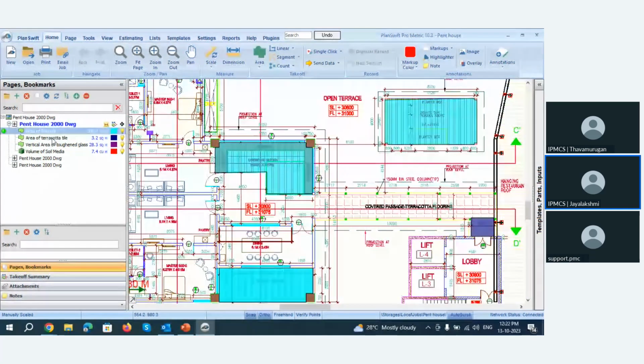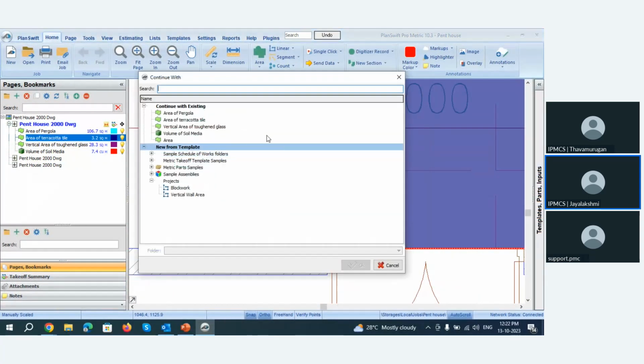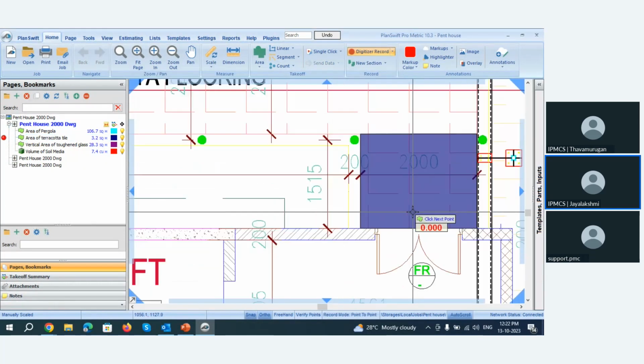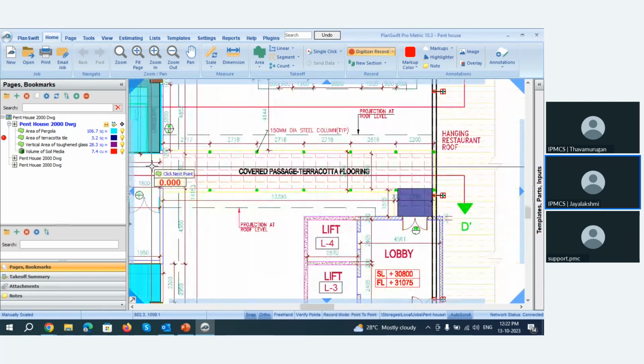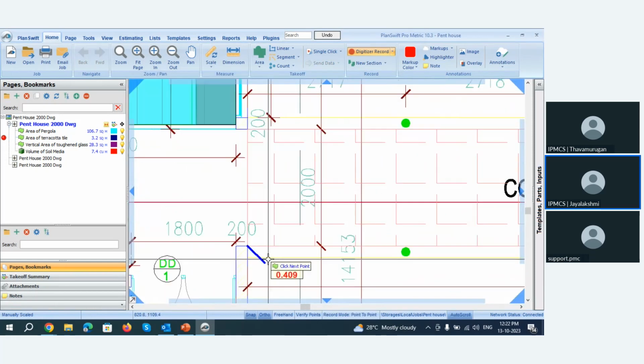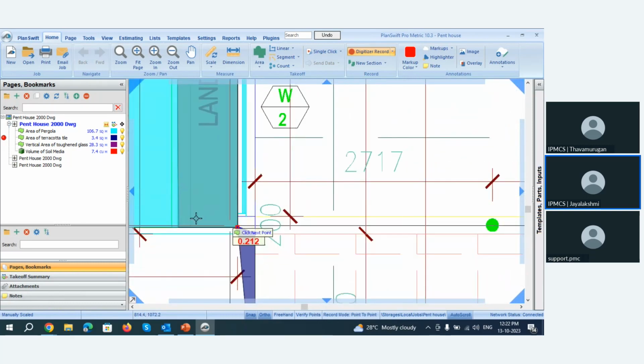For this, I'll be continuing with the terracotta area. I select this area, right click, continue with, and I can select the terracotta tile, click on OK, and my takeoff tool is activated now. I can pick up the corners. Here is my first corner. I'm using the left click button, then second point,